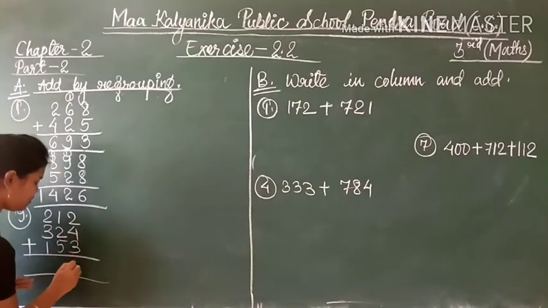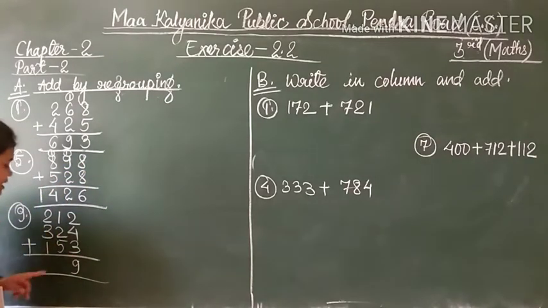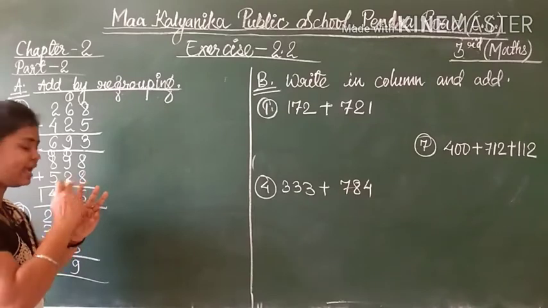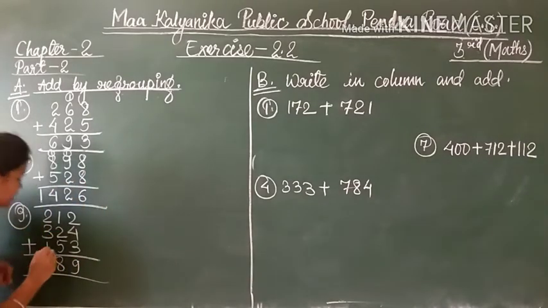Forward counting. Okay, remember forward counting. 5 and 2 plus 1 is 3. 5 and 3, 5, 6, 7, 8. Okay, 8. Now